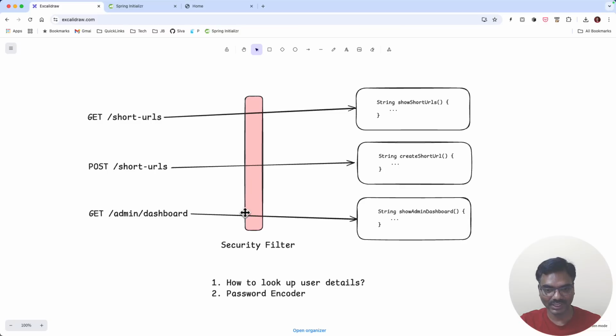Otherwise, it's going to redirect you, either because you have not authenticated yourself, so first login, or because you already logged in but you only have the role user and you do not have the role admin. So in case a normal user tries to access the admin dashboard, it can redirect to a forbidden page: you are authenticated, but you do not have the role admin. All these checks will be performed in this filter, and Spring Security provides such a filter where we can customize